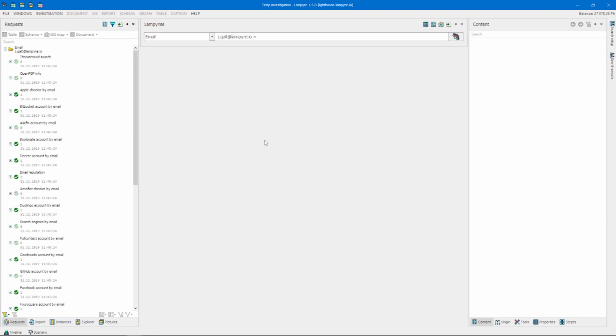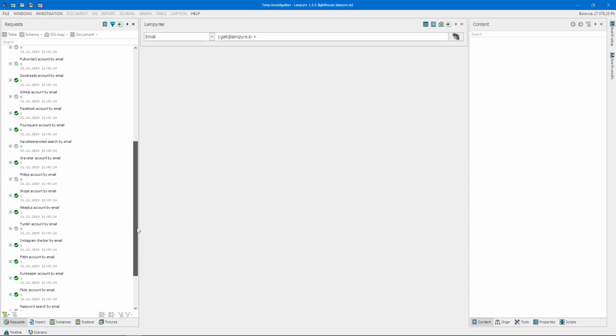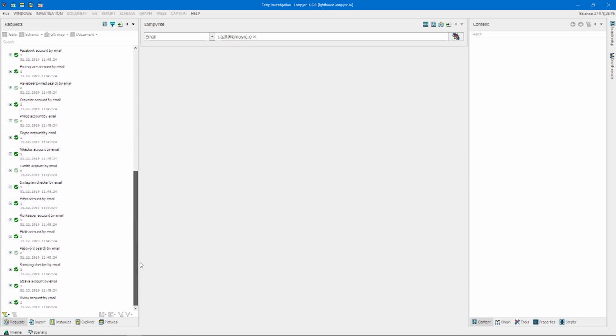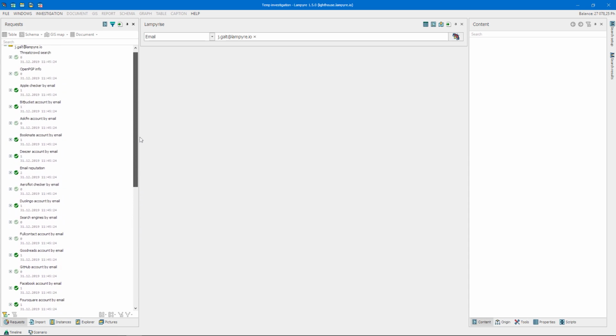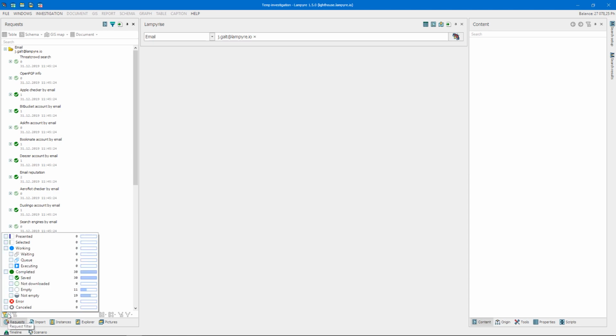So we've set the request launching part. Now let's turn to the results that we get and open the requests window. Probably the most useful improvement in this update is the filtering tool of this requests window. Lampire lets you execute as many requests in the same investigation as you want, but then it's really difficult to navigate. Plus, some requests get you 0 results, but they're still stuck to the results list, distracting you, annoying you. Good news! Now, for example, you can filter this out.